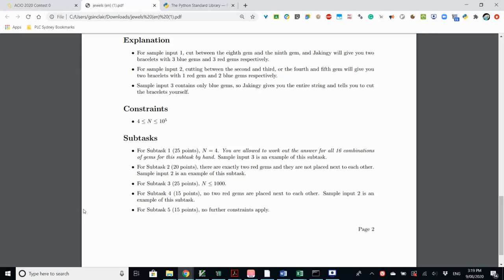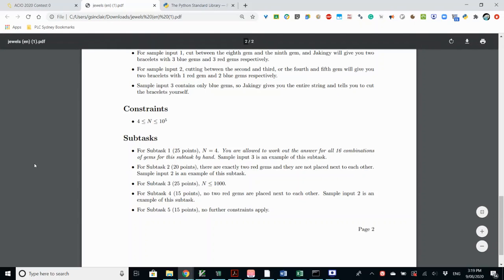Subtasks, we didn't talk about subtasks last time. They're meaningful this time. So there are 5 subtasks with a differing number of points. You don't get any partial points, right? So you either get 25 or 25 plus 20 or whatever, right? I could solve subtask 3 but fail on subtask 4. It'd be very unusual to solve subtask 3 but fail on 2 and 1. But anyway,